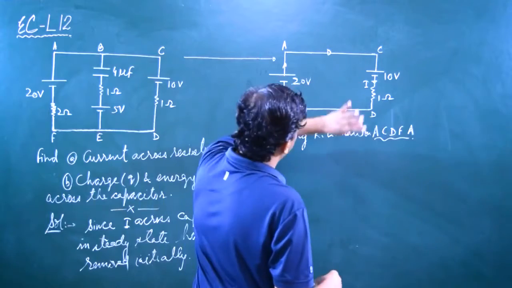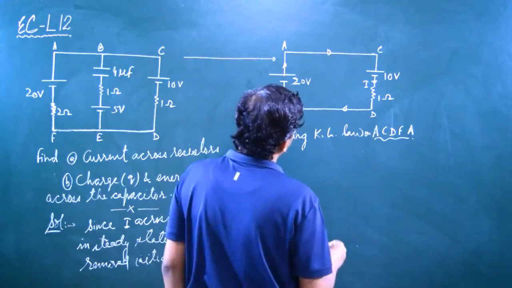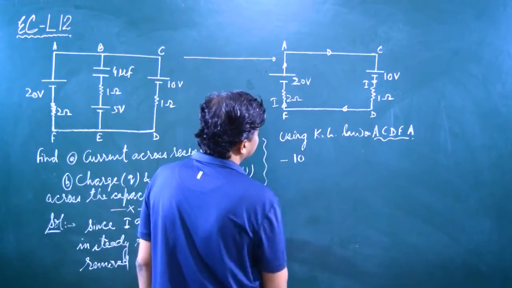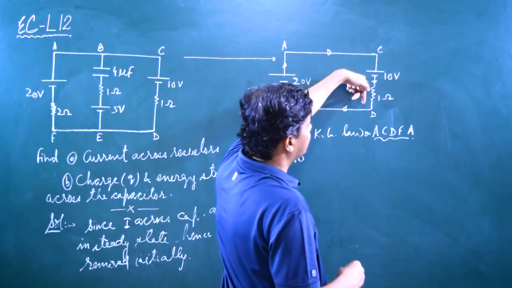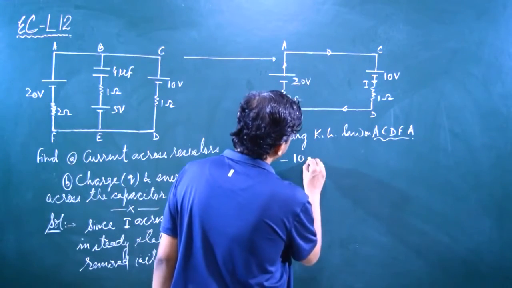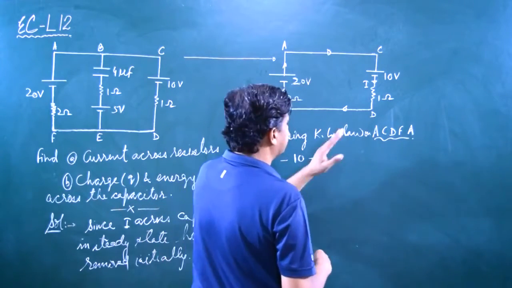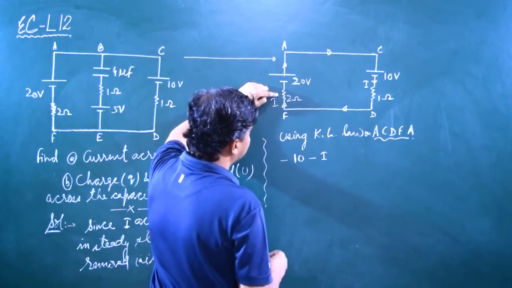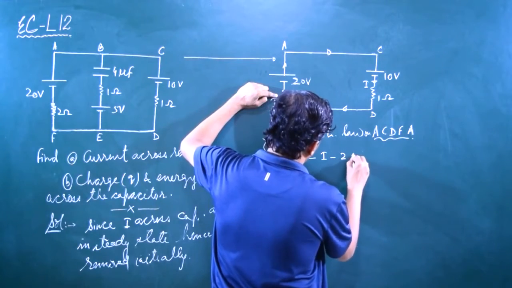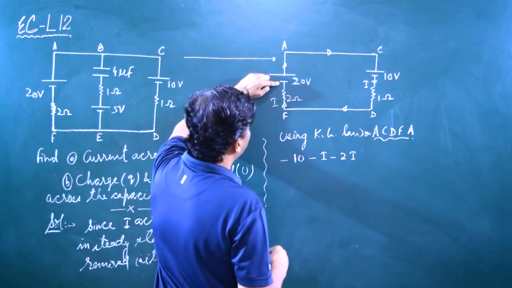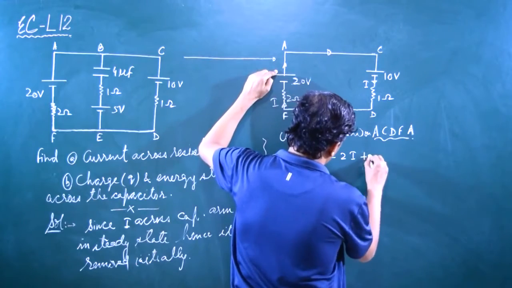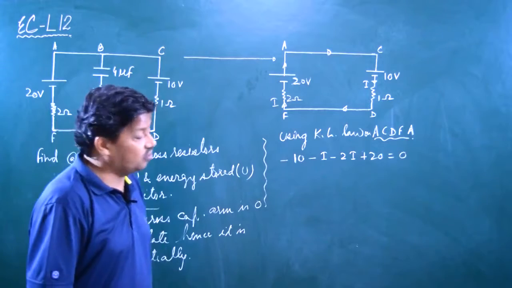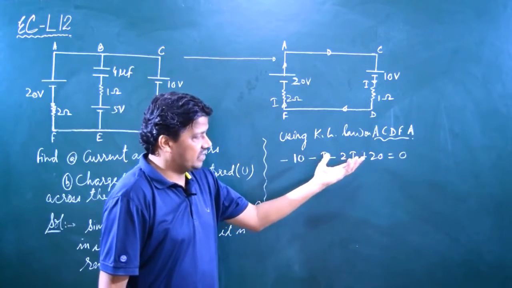So from A to C we have nothing. Now we move from C to D. We are coming from the higher to the lower potential end, that is minus 10. Now see, the current and loop are in the same direction, that's why the potential drop is negative, that is minus I. Now D to F we have nothing. Now we move from F to A. Current and loop are in the same direction, so minus 2I, current into resistance. Now we are moving from the negative to the positive terminal, low to high. The result we have is 0, according to the loop law, sigma E plus sigma V is equal to 0.